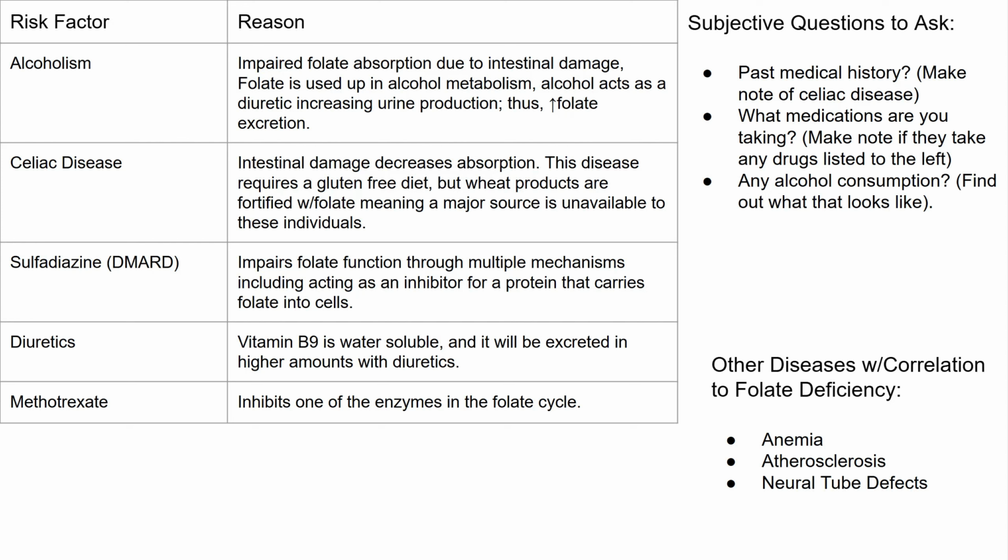Celiac disease is another risk factor because it causes intestinal damage and decreases absorption. This disease also requires a gluten free diet, but wheat products are fortified with folate, meaning a major source is unavailable to these individuals. As far as drugs go, sulfadiazine, which is a DMARD, can impair folate function through multiple